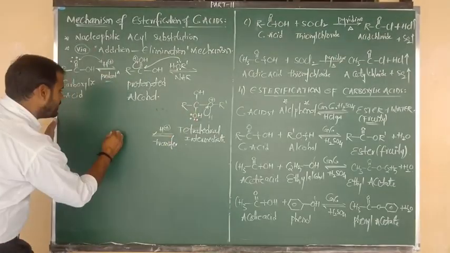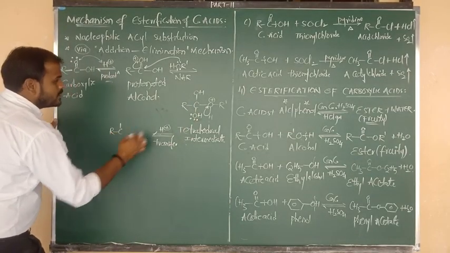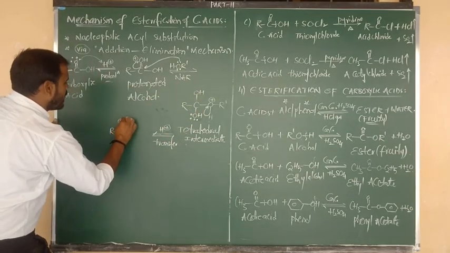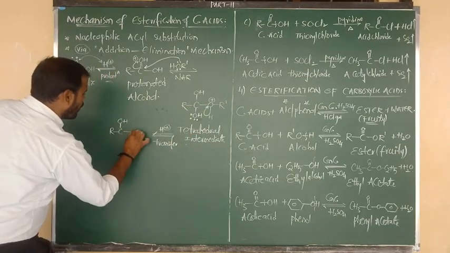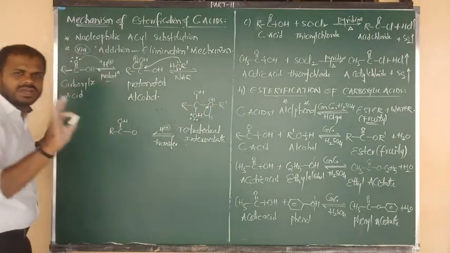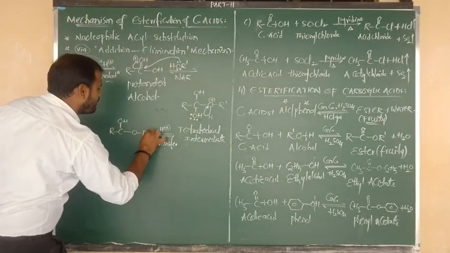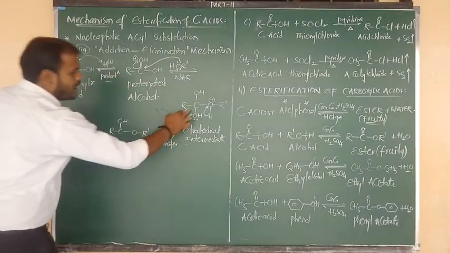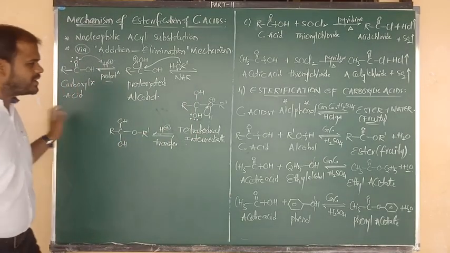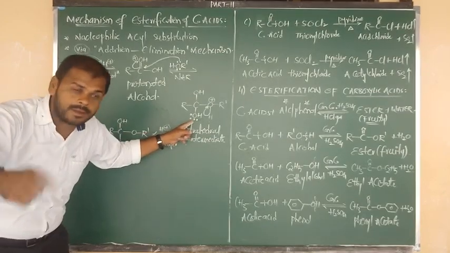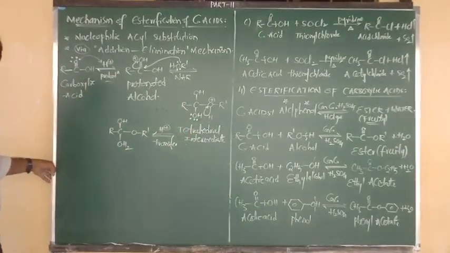R bonded to C, okay fine, R bonded to C. C above plane OH, I am going to write C above plane OH. C right side connected to O, because the positive charge gets neutralized by taking the below bond. And O connected to right side R prime, okay I have written R prime. And below plane C connected to OH, but by using one of the lone pairs donated to hydrogen, we can write OH2, new bond formation.